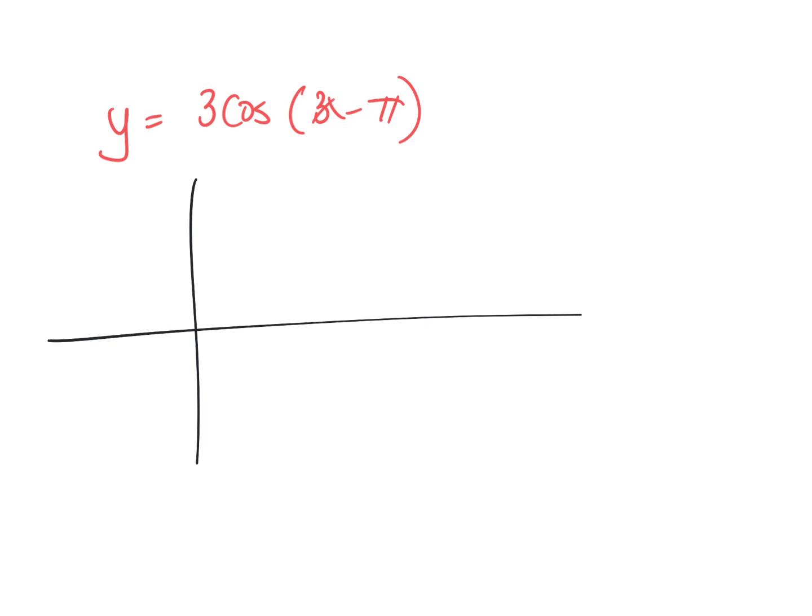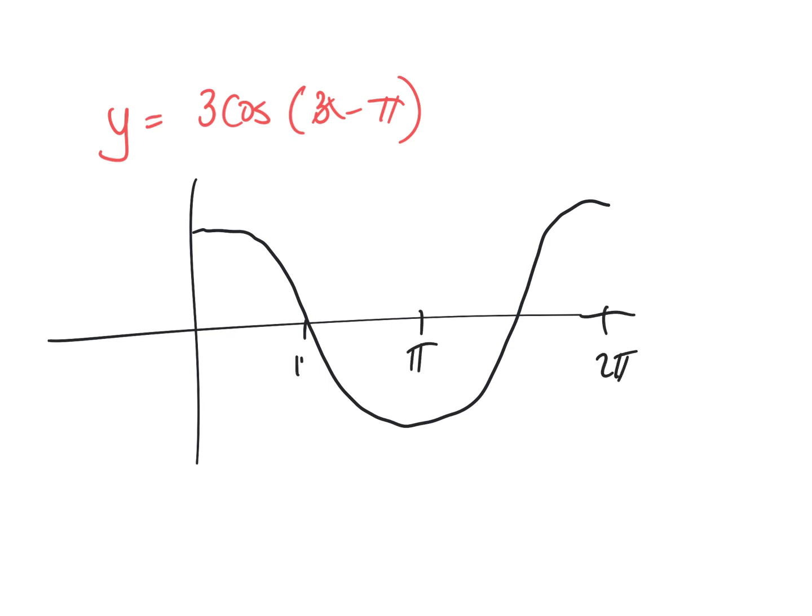So this first one's mostly just to get your feet under you and make sure you're not completely lost on graphing normal cosine. So there's a normal cosine graph, and it goes to 2 pi. In the middle is pi. Back here's pi over 2. And I like to go 1 pi over 2, 2 pi over 2, 3 pi over 2. And 2 pi is, of course, the same as 4 pi over 2. Then I like to number this with a 1, and down here at -1. Okay, that's normal cosine. You should have changed the 1 and the -1 to 3 and -3.